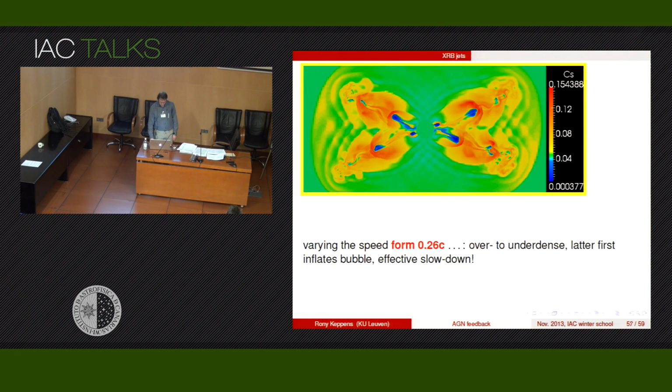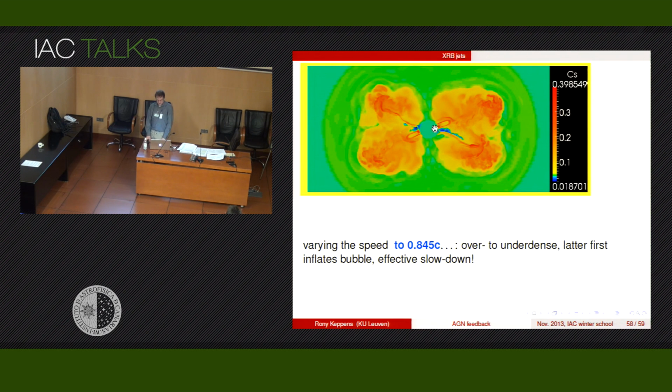Other things that we can do is, if we vary the speed, then in the cross-sectional view, here I'm not showing the density as I showed in this movie, but the sound speed, you can see these blobs and how they interact with the medium. So this is the canonical overdense situation to underdense situation,